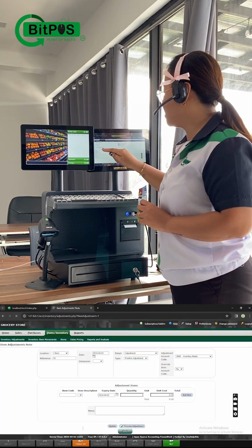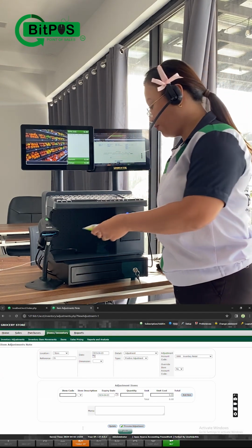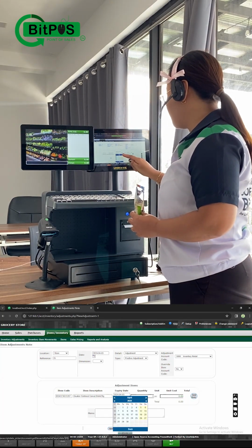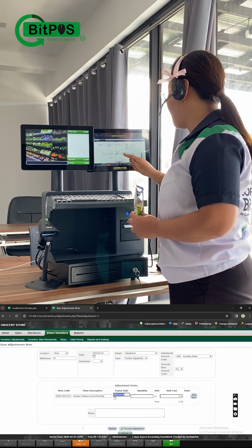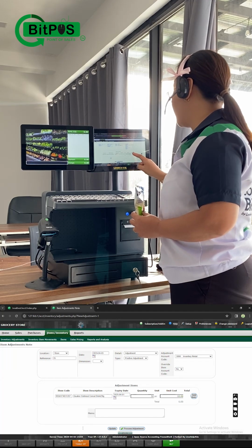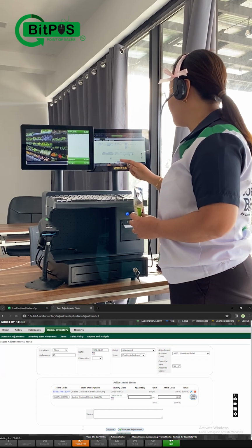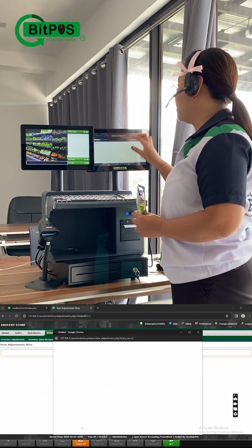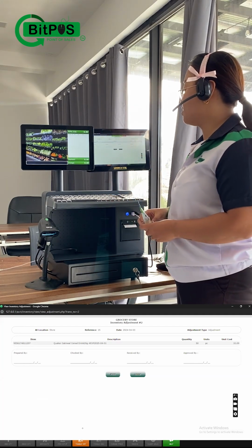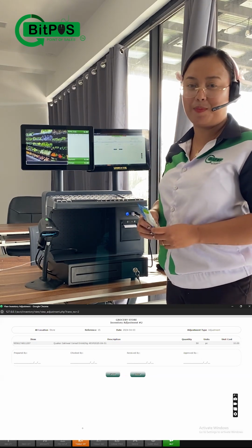I have inventory adjustment. Using positive adjustment, I am going to tap item code, scan the product, and input the expiry date. So this will be expiring on April 1, 2025. Input the number of pieces that I have, the cost of the product, and then tap add item. Once you're good to go, tap process adjustment. Automatically, the system will generate a voucher. You can have specific signatures. You may be able to print this as well. We have the prepared by, checked by, received by, and approved by.